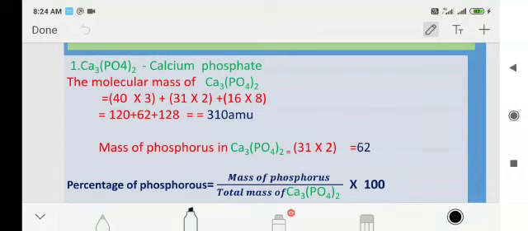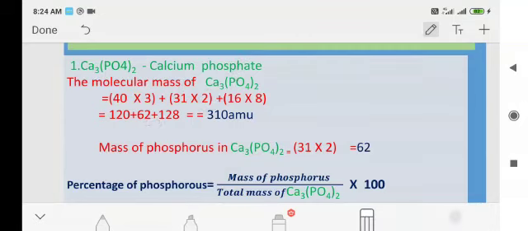And whenever you need to find out the percentage, first of all you have to find out the molecular mass of the compound, and we are going to find out the molecular mass of the compound. 3 calcium atoms are here, that is why 3 is multiplied with 40, 3 into 40, 120. Now calcium's mass we have multiplied. Now the next one is phosphorus. You will find inside only 1, but outside the bracket there is a 2. So atoms are not 1, 2 atoms are there. 2 will be multiplied with 31. In that way we got 62 here.